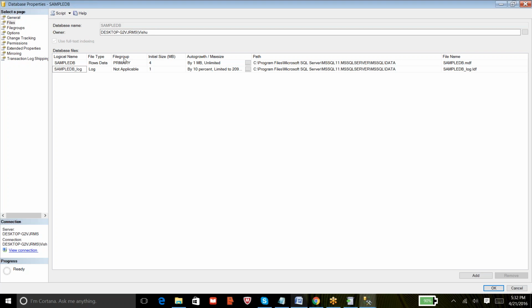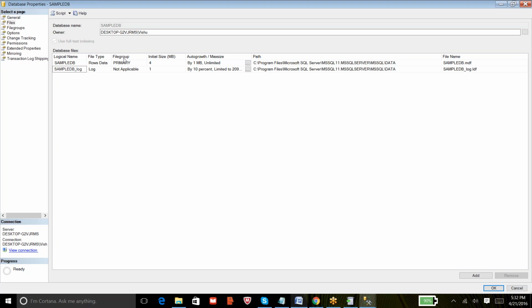Assume I have a very complex and large database where I have one MDF and one LDF. That is mandatory. And apart from this, I have 10 NDF files.